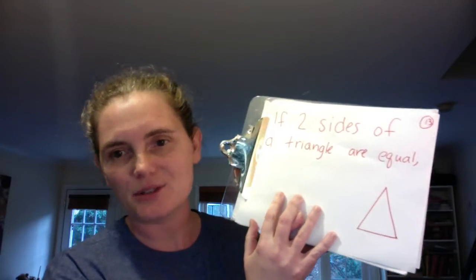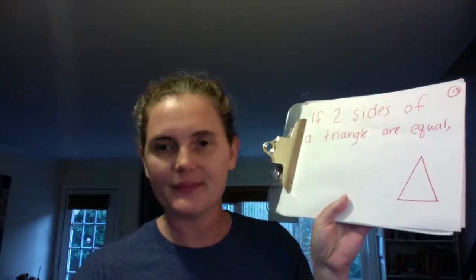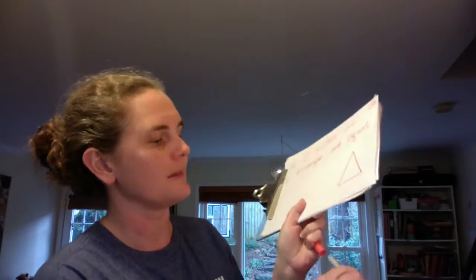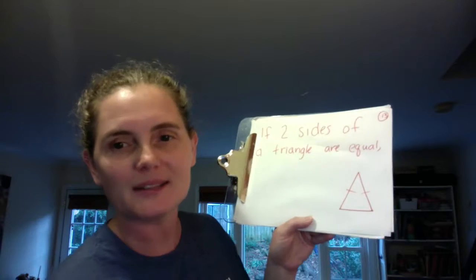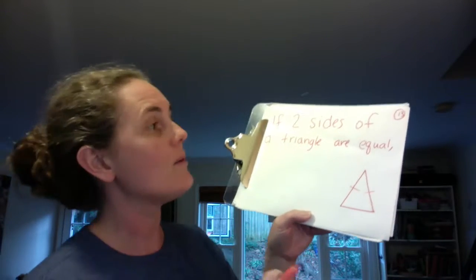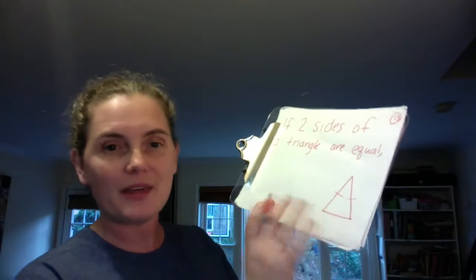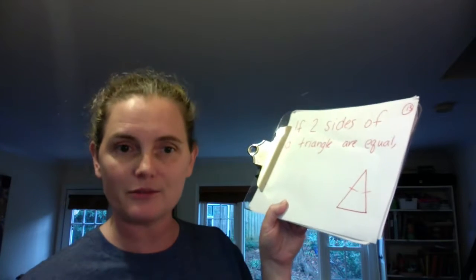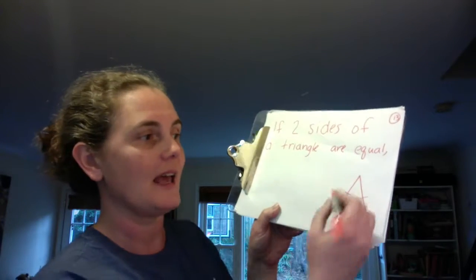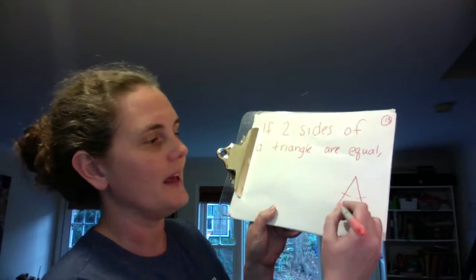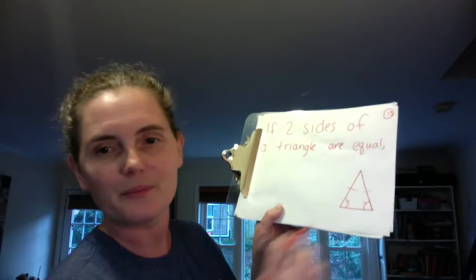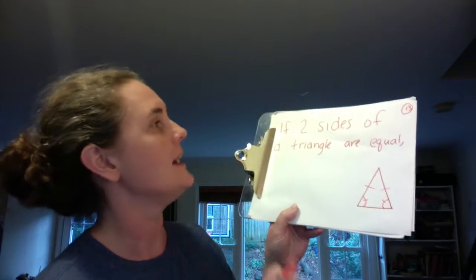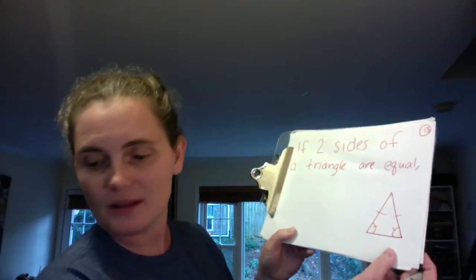If two sides of a triangle are equal, then we know, here's my lovely little triangle. Here are the two equal sides of my triangle, and now we're going to learn something about that. One thing this is going to immediately trigger from now on is that if those two sides are equal, then these angles too must be equal. Okay? So if two sides of a triangle are equal, then